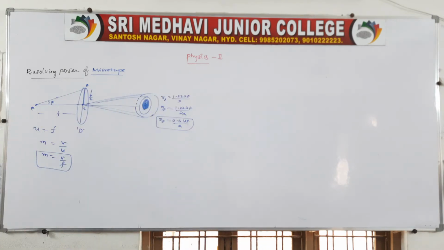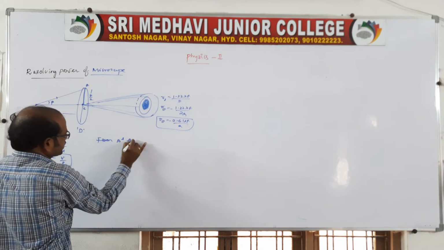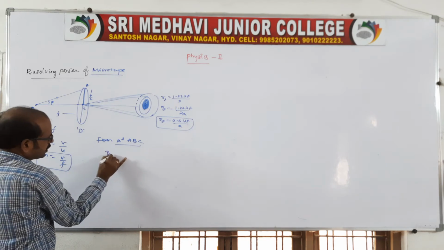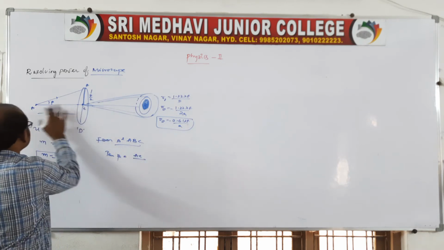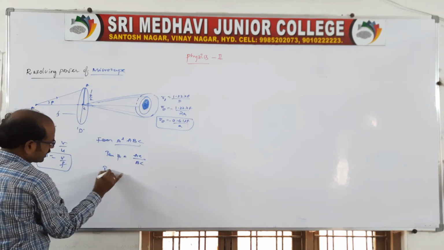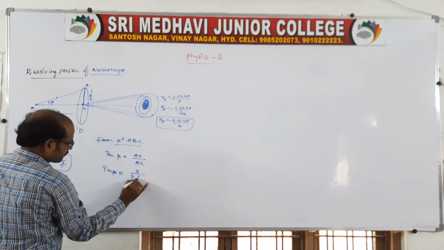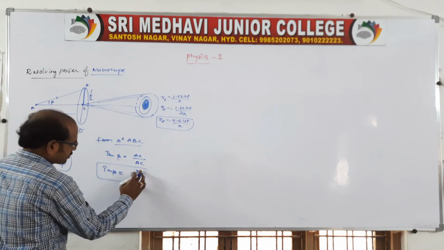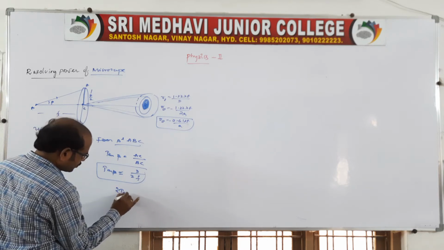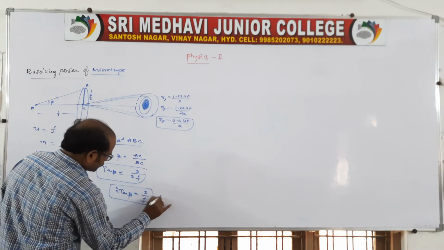So here you take the triangle ABC. Can you tell tan beta? Of course, tan beta is equal to the opposite side AC by BC. AC is nothing but d by 2, and BC is nothing but f. This is what tan beta is. By using the triangle, we can say tan beta is equal to d by 2f, or tan theta is equal to d by f. This is equation 1, and this is equation 2.